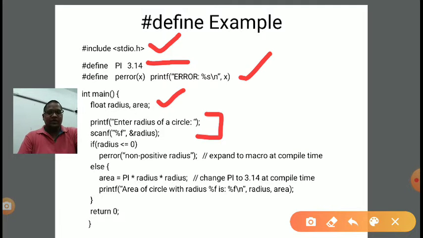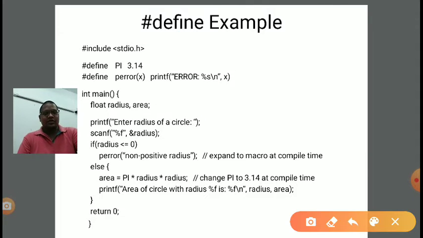If the radius is negative, it will display a non-positive radius message on the screen, and after that it will come to return 0. And if the radius is positive, then it will not enter the negative part. Since the condition is false, it will come to the else part.